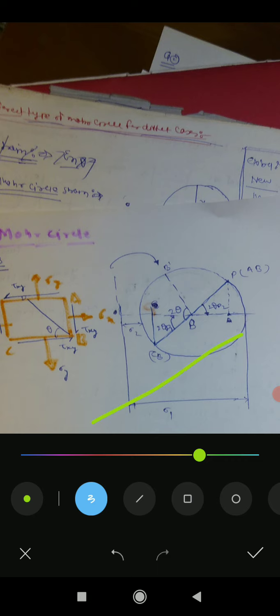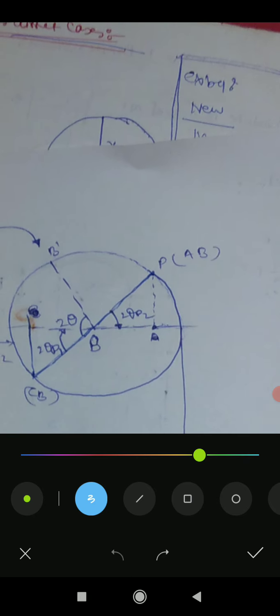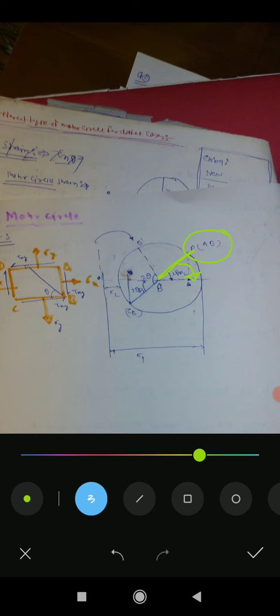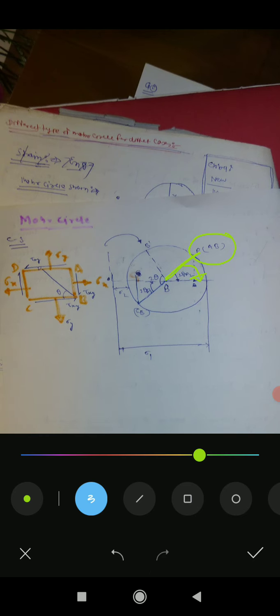Let's say he is saying tell me the location of the principal stress from the plane CB. So from the plane CB means this plane, and this was the principal plane. You have to go like this. Okay, and suppose he is asking that tell me the location of the principal stress from the plane AB. So this was the plane AB and you have to go like this. Now the rest is geometry, you can tell all the things from this circle. Okay, and the maximum shear stress is the radius of the circle.